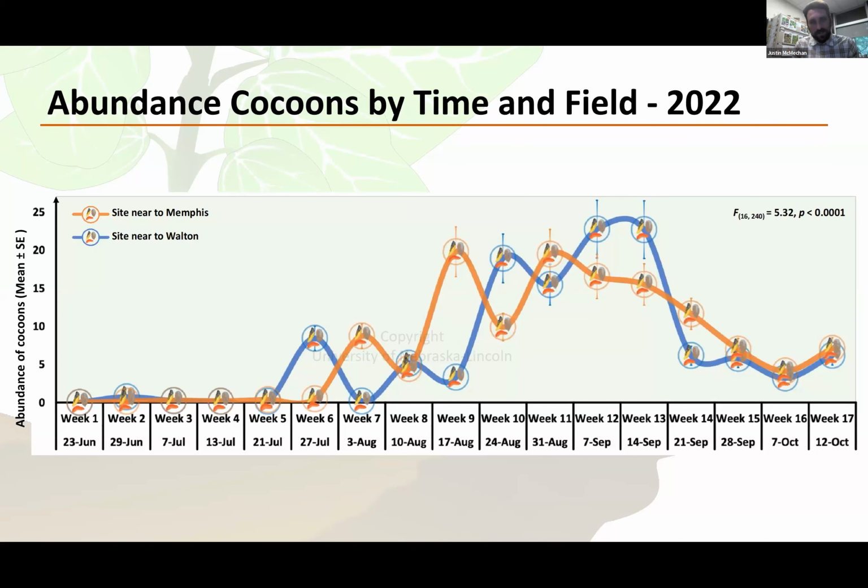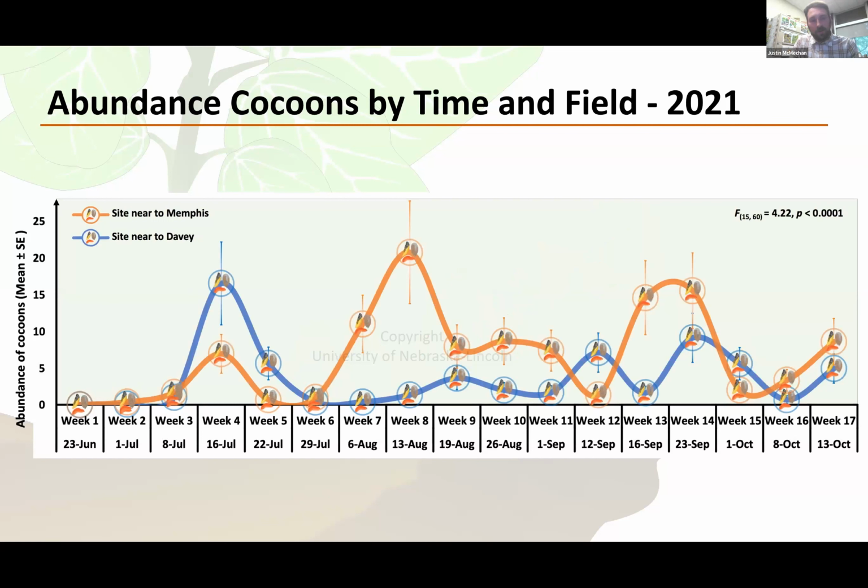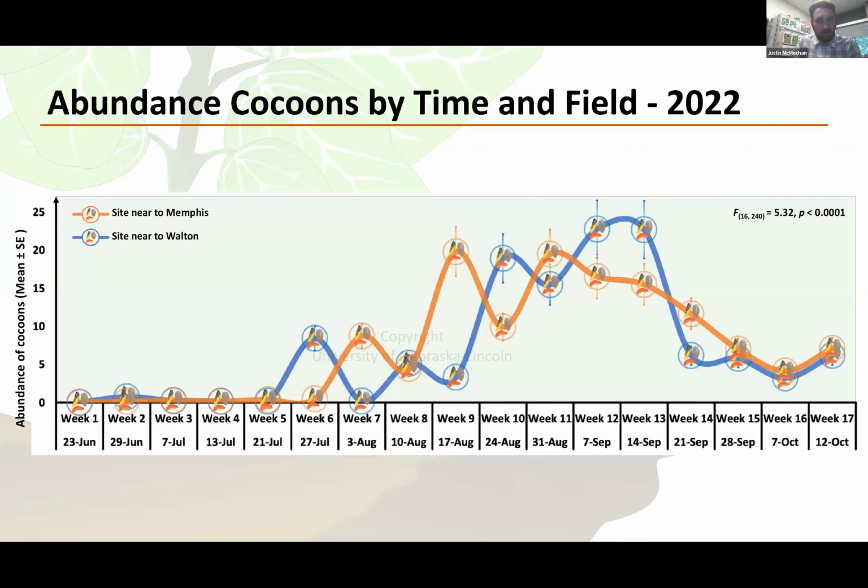As we move to 2022, we have the same Memphis site, just across the road. We have a new site, Walton, but you could see how different the 2 years are immediately. If I just switch back and we quickly look at 2021 to remind ourselves what it looked like relative to the next year, we have very low populations early season. That peak in mid-July that we saw in previous years, we saw in late July or early August, where we started to see a real population show up,